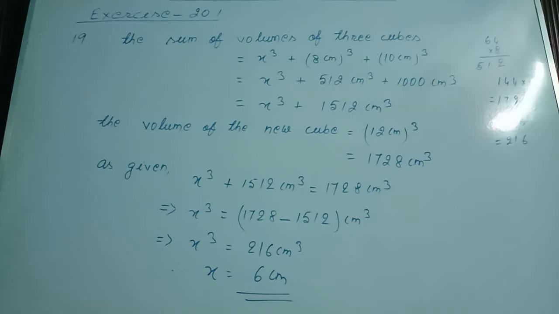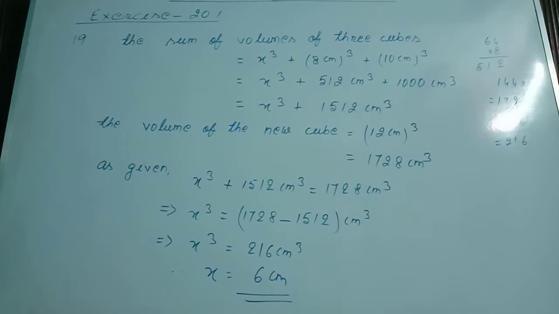Question number 19 states that 3 cubes of sides x centimeter, 8 centimeter and 10 centimeter respectively are melted and formed into a single cube of edge 12 centimeter. Find x. So for this question, first of all, I have got the sum of volumes of those 3 cubes